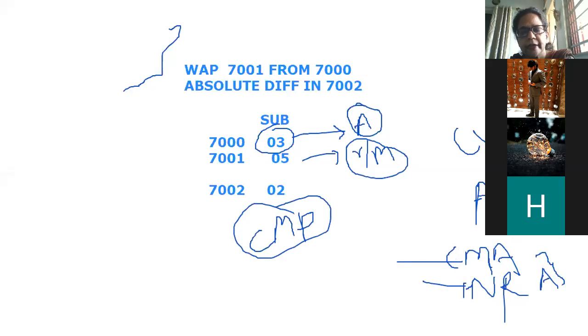To check whether carry is 1 or not, you will have to use jump if carry or jump if no carry. All these instructions we have already studied. Just think of the logic. Even if you can write half, write half. Write as much as you can on your own. On Wednesday we will meet then.